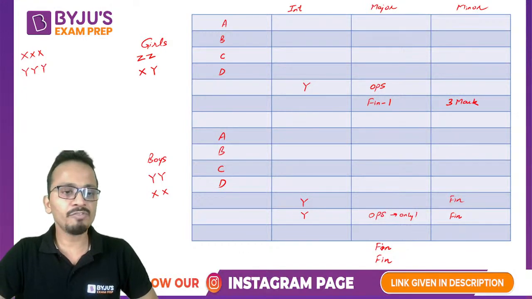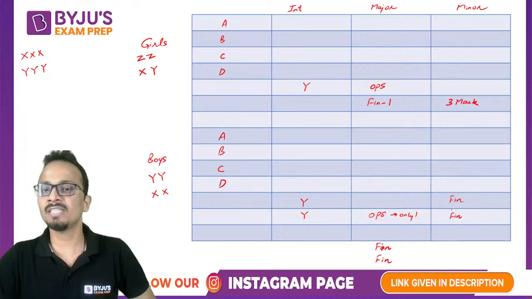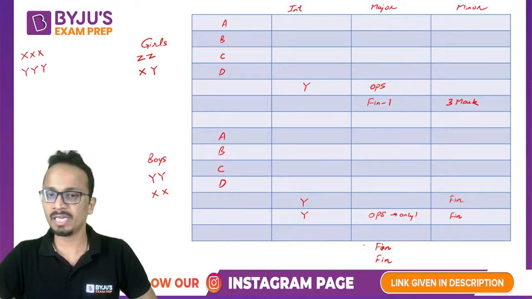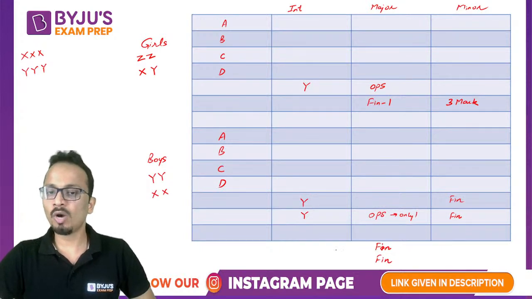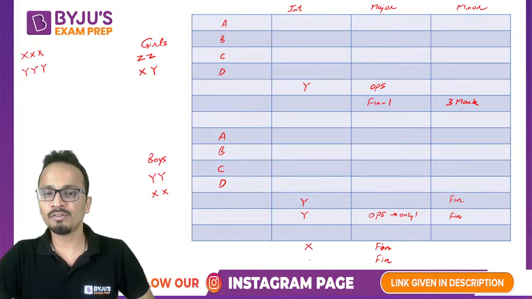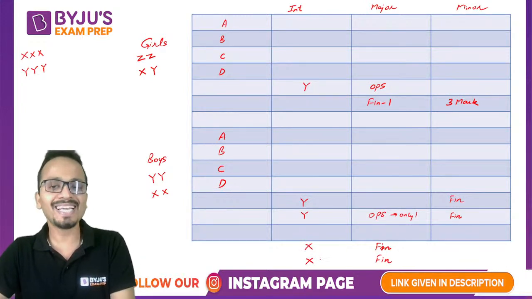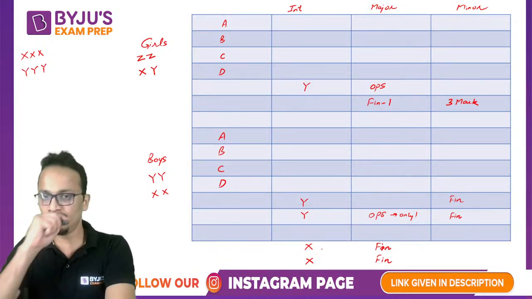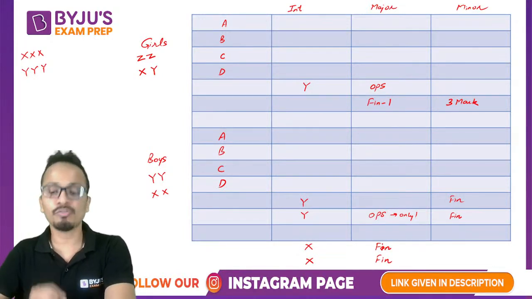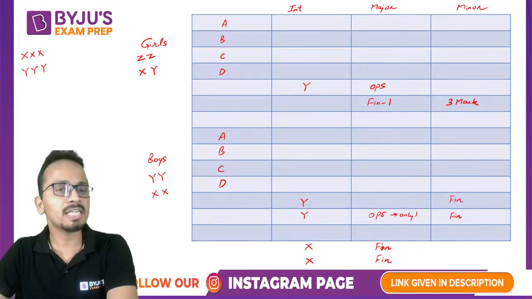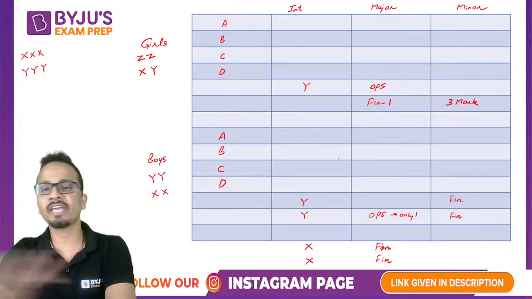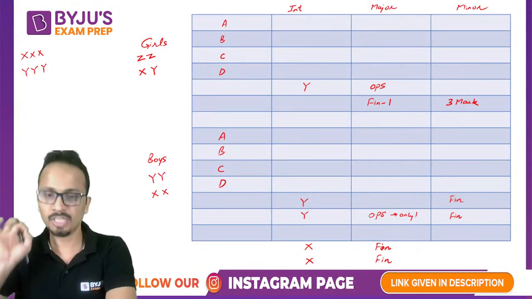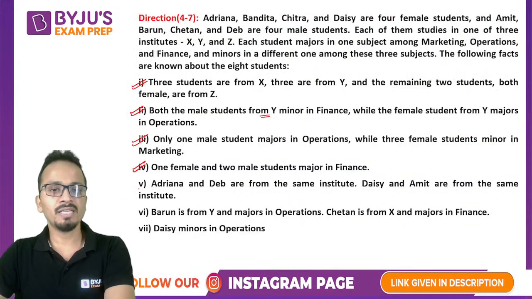All right, and we have 2 students who major in finance and 2 students who minor in finance separately. Now 2 students who minor in finance, they were from institute Y. So अब ये वाले जो 2 students हैं who major in finance, they should be from institute X. Simple. Okay. So again, extracting maximum out of anything. I hope all of you are understanding, listening patiently. Okay, so one female and 2 male students major in finance. I have kept all this information in the table. Done. Next statement, let's read.